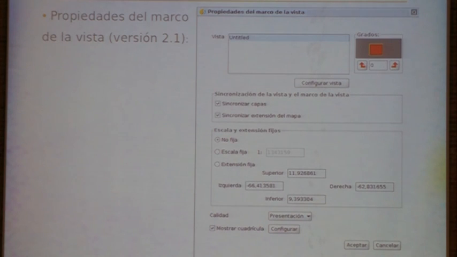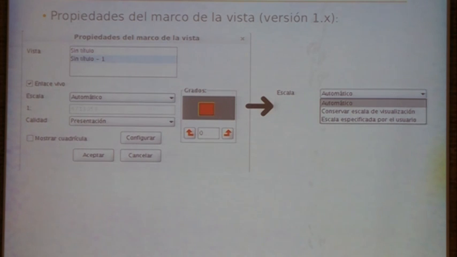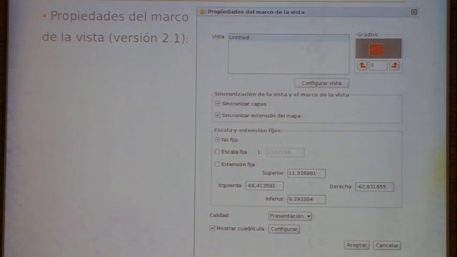So these options have been changed and replaced with others which are different, and I think more adapted to what a user does, because previously we had different options, life profile and so on, but now we have separated this into two parts. One is if we want to synchronize the layers and the extension of the map with the view, then we can see